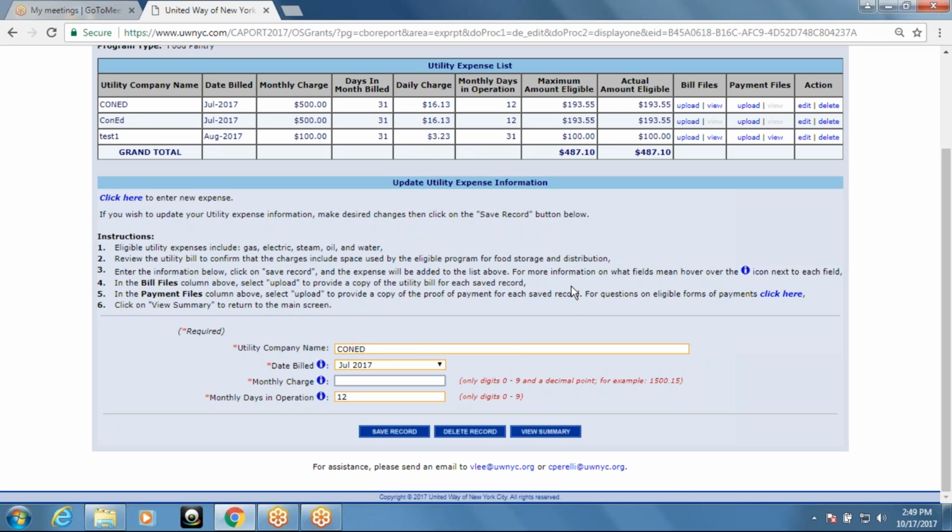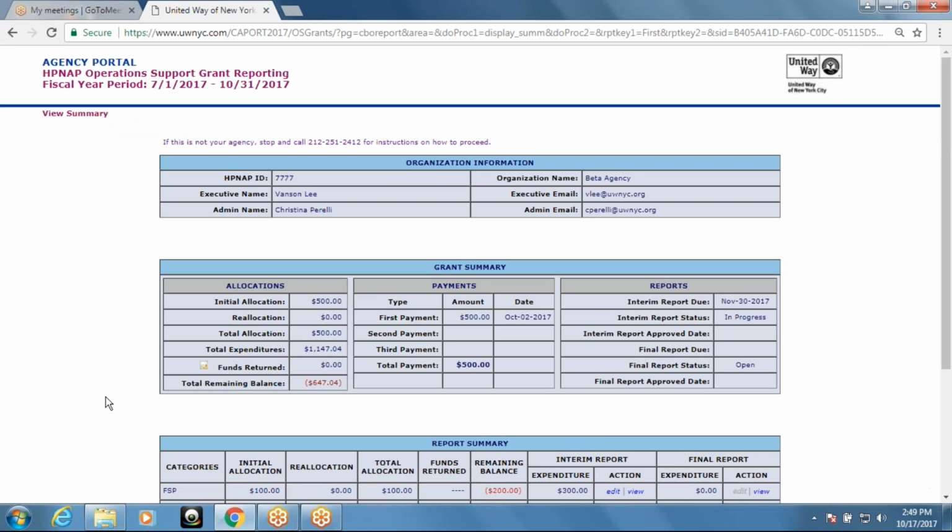Oh, and just a note, if you have the billing history, you can use that as the bill file, and if you have a payment history, which Con Edison does provide both, you can put the payment history over here as the payment file there. Okay, then you'll click on View Summary to go back to the home page,